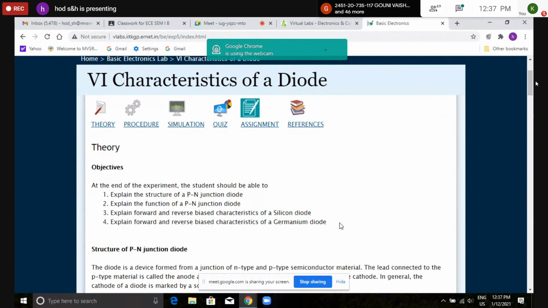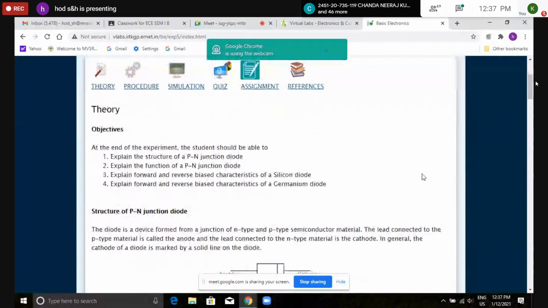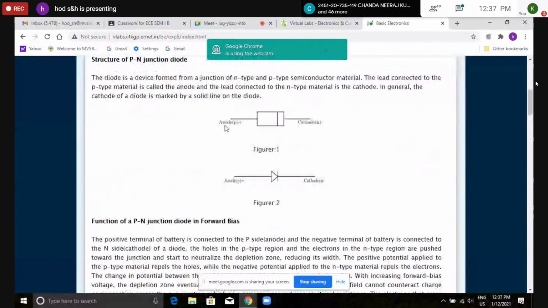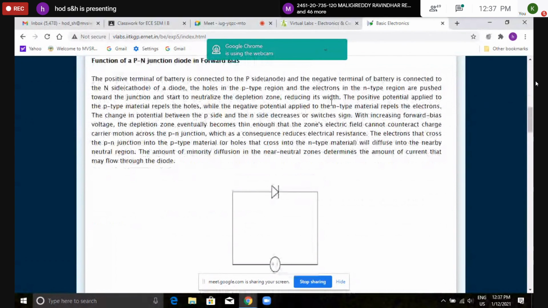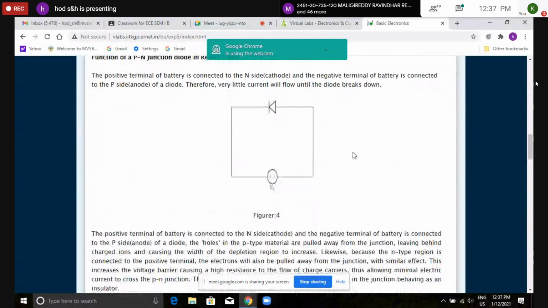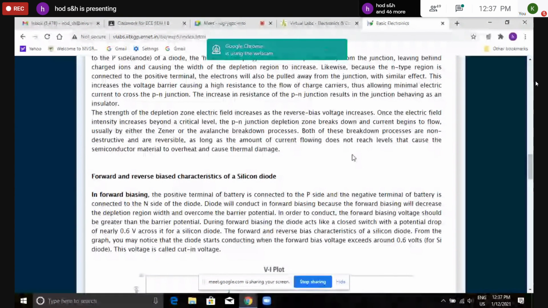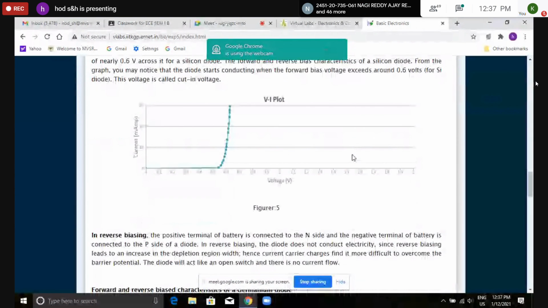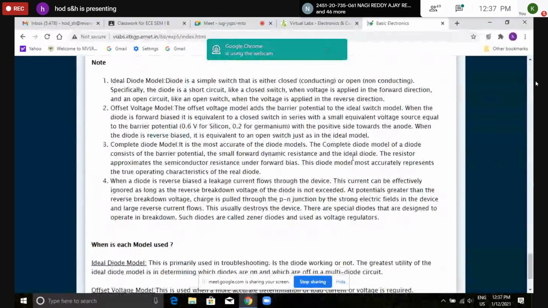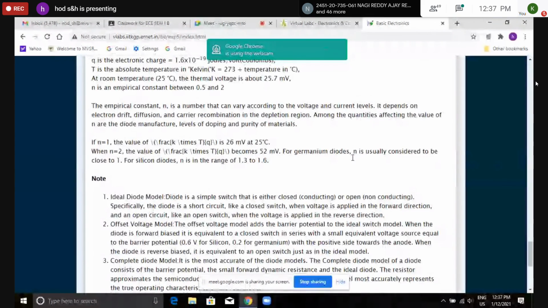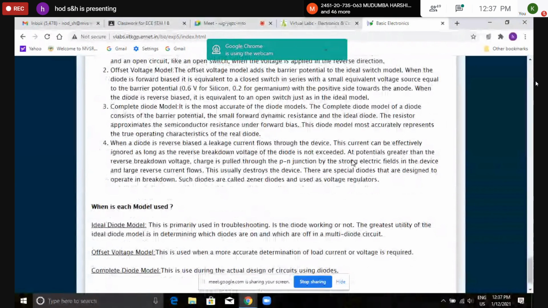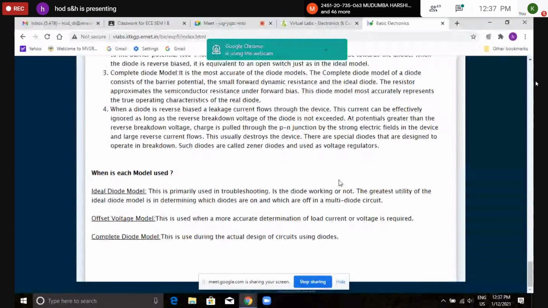So before coming to the lab, what you have to do is read the structure. Theory is given here. I will explain the structure of a p-n junction diode in brief, but in detail you will be reading it in the theory. So brush up yourself: what are semiconducting materials, p-type materials, n-type materials, what are the characteristics, everything. No need to copy each and every one. Just read the fundamental aspects of a p-n junction diode when you are coming to the 2 o'clock class.